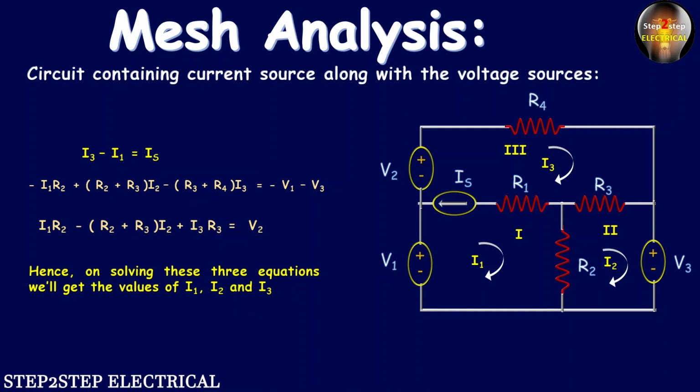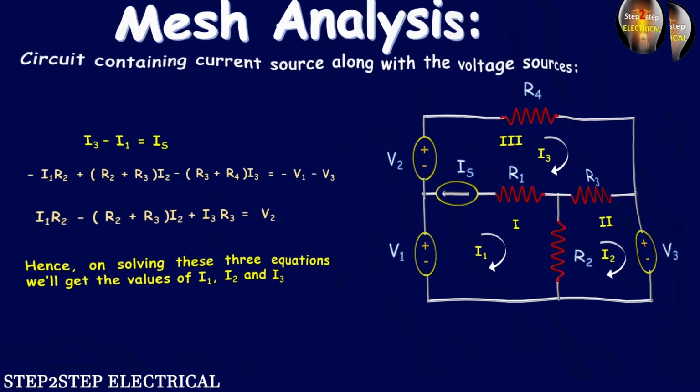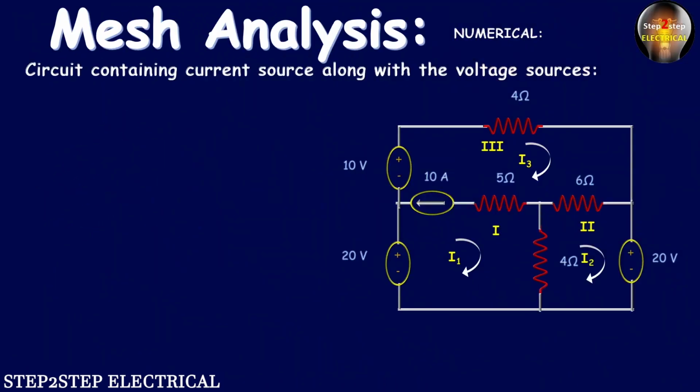Now with the help of all these concepts, as we did in the previous parts, we will solve a numerical. Okay, so friends, you can see here that this 10 ampere current is lying between loop 1 and loop 3. So I am not going to assume the loops as well as the currents and their directions. Everything is shown in this figure. I will just write the equations, then solve them and get the values of I1, I2